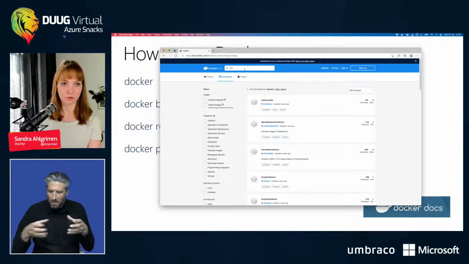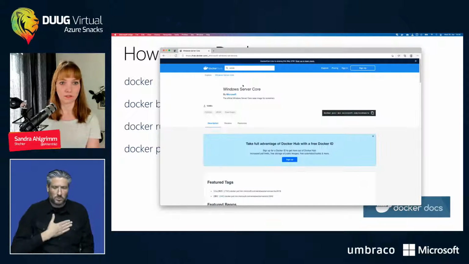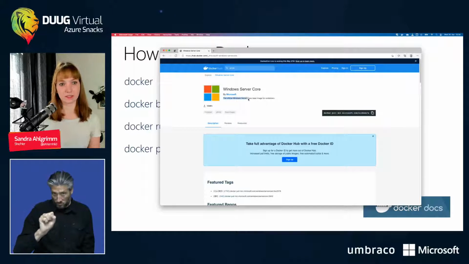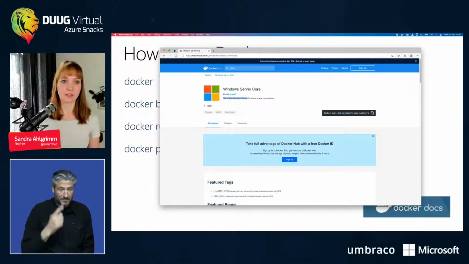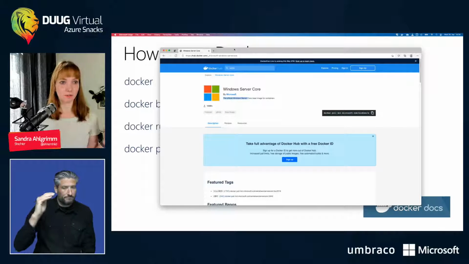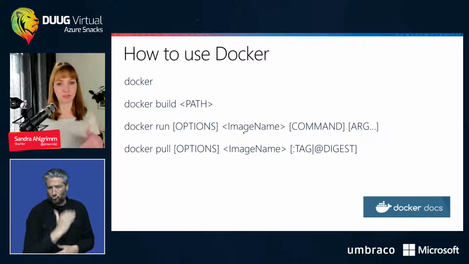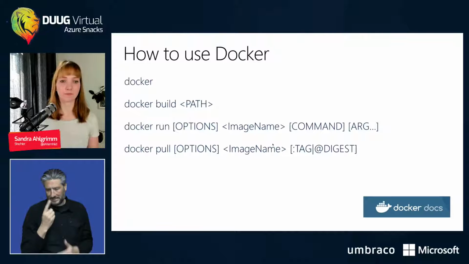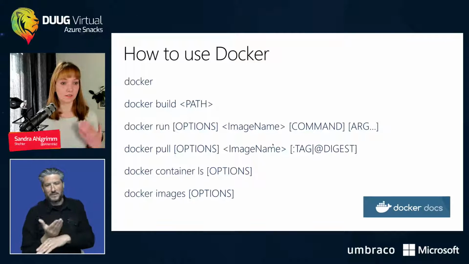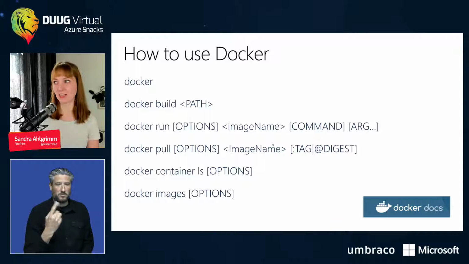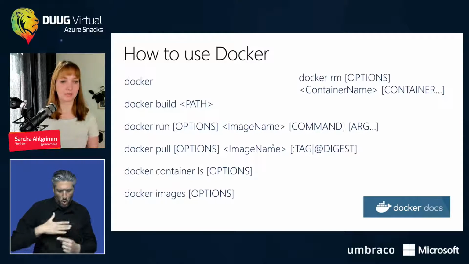For instance, if I would look for Windows Server Core, then I can find official ones here, and you can see this by the official tag. And that's the one you can pull here as well. Or if you want to specify your private registry, you would just put it on top. So it would be then pull and then have the private registry, we'll have a look at this later. What will also pull your image is the docker run command, because it always looks if you have the image already locally, and if you don't, it will just pull it and then run it.